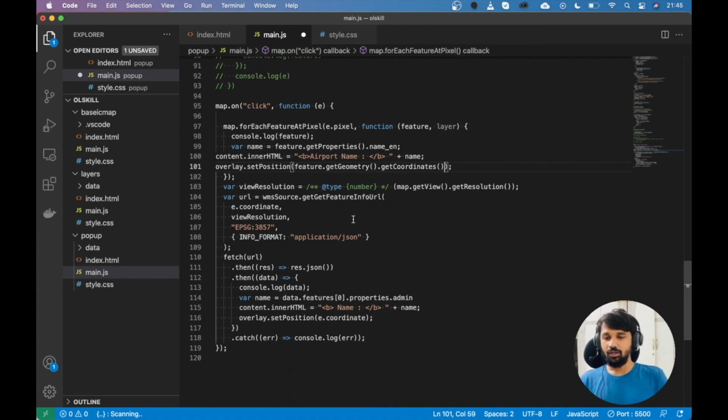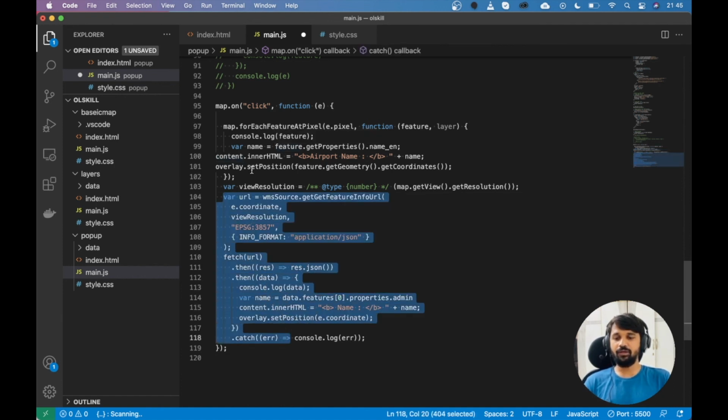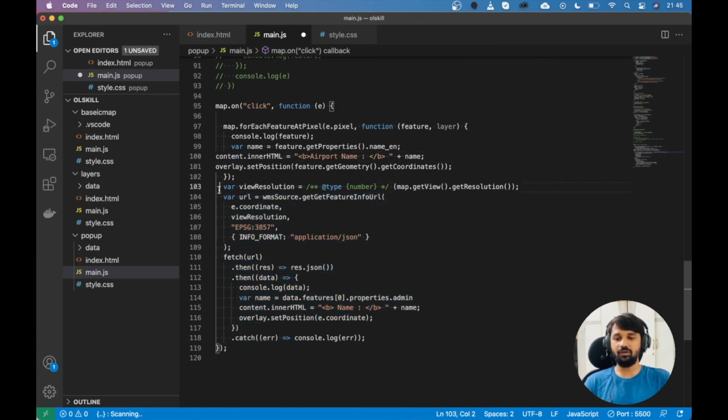Now what we can do is that if the content innerHTML is empty, then and only then we will move ahead and we will test this out. But if we add the content over here, then we will not add it here.